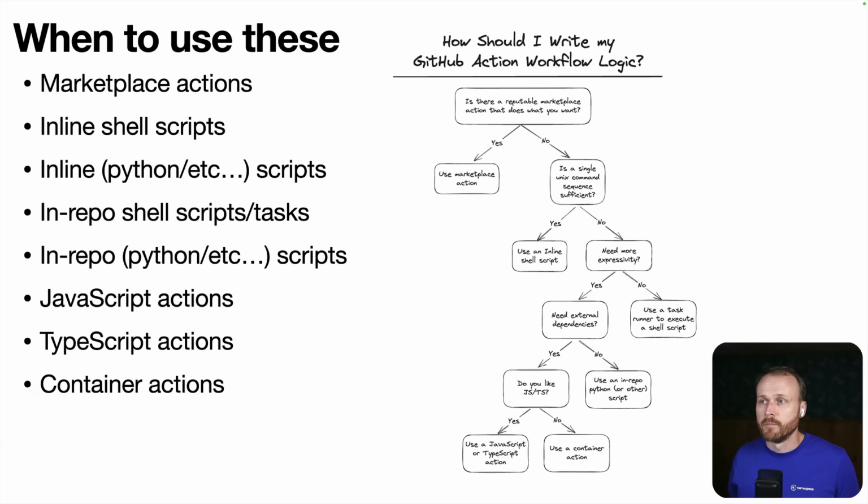I often find that most of the time you can get quite far by using a combination of those marketplace actions for things where they exist, and then keeping most of your logic in Bash, but outside of the workflow files. So in Bash, but maybe in a task file or whatever build tool of your choice is. Eventually, you may reach a point where a particular use case requires much more complex interactions. That's where you finally move into a fully featured action that you're going to build and maintain as a dedicated